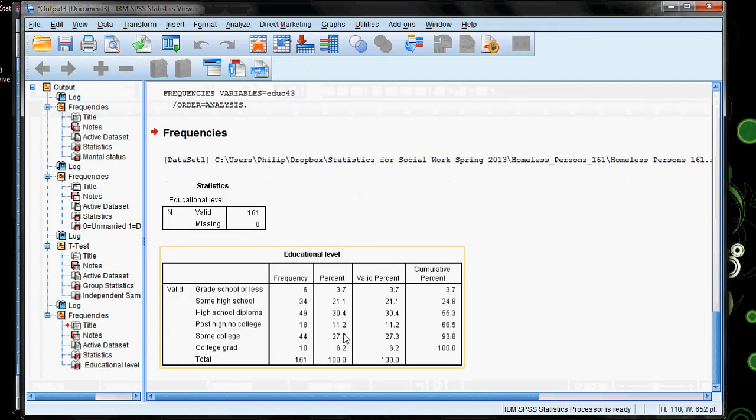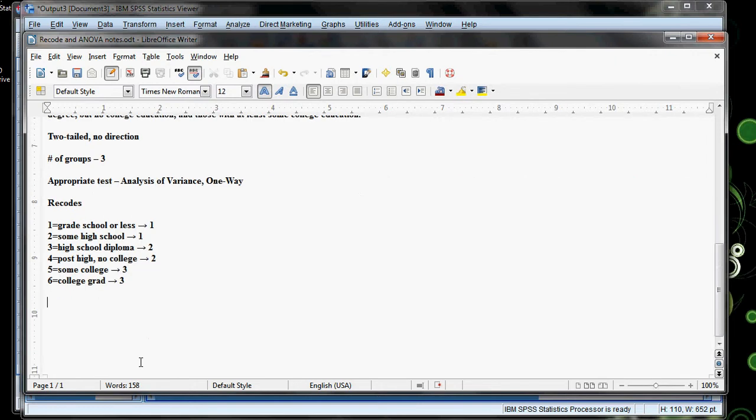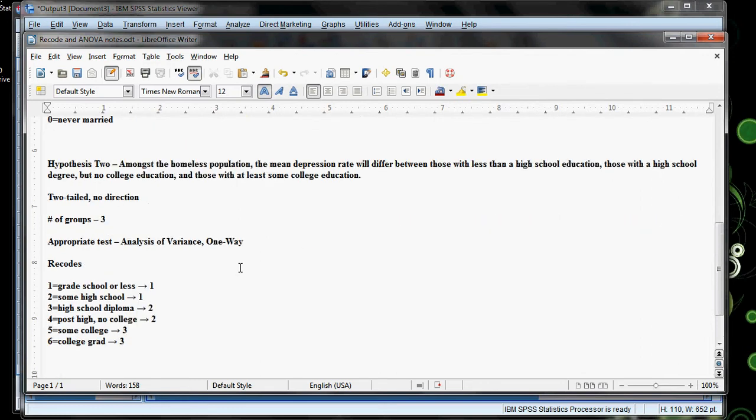Now that leaves this 33-ish% who have some college or are college graduates, and I'm going to consider that my at least some college group. So I'm going to go back and say that this is my third group. Okay, and then I can say that I have 3 groups. I'm going to go ahead and write down what my new variable is going to be. So my new variable, new education variable, I'm going to give the name edu recode,